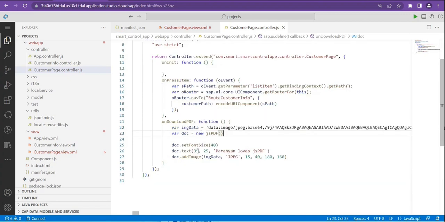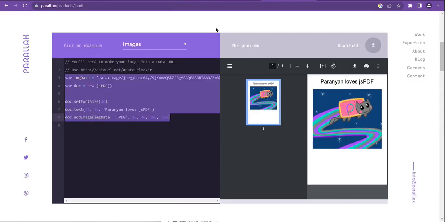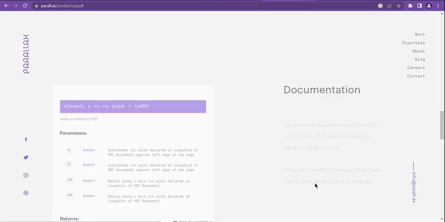Now we have the image. We have this new jsPDF, set font size, text, and add image. Okay, that's it. Now to download this PDF, there is a function called doc.save. So using doc.save, you can save this. If you want to check the methods which are available, you can just scroll down and